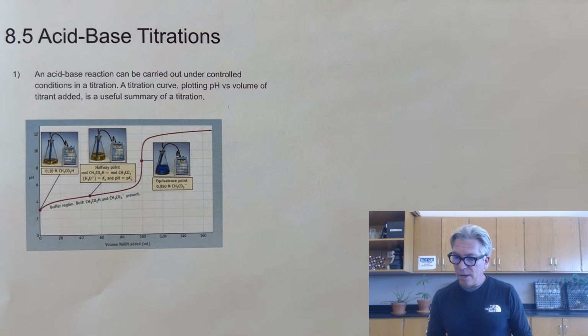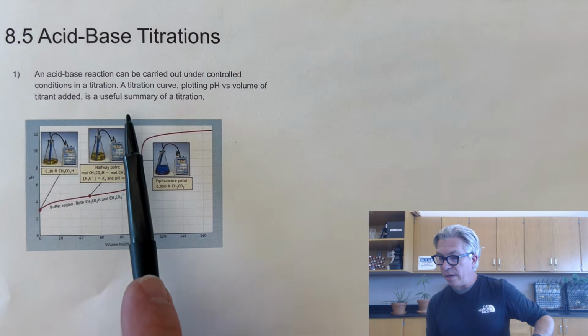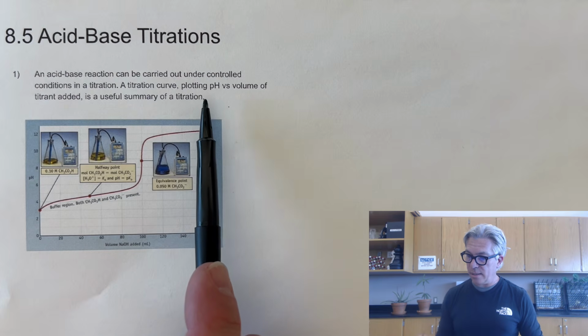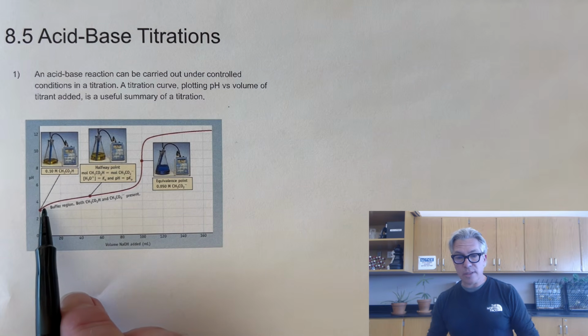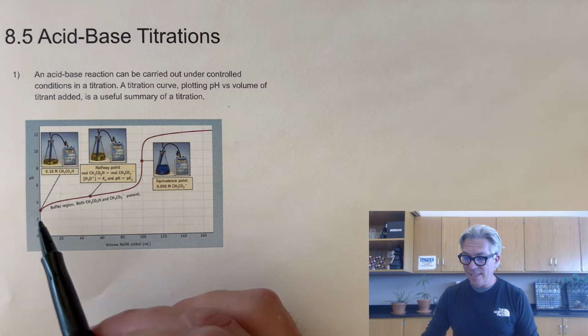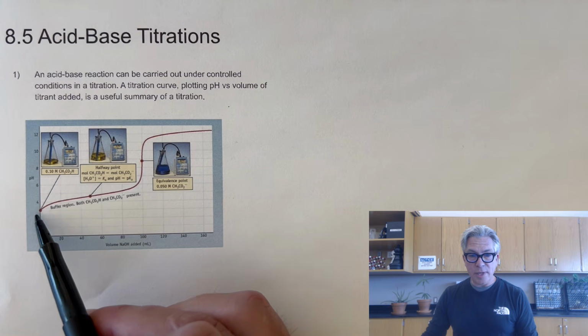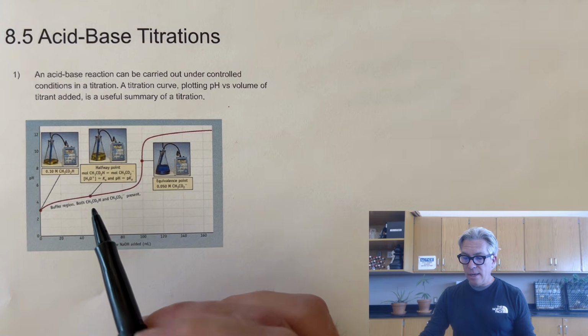And section 8.5, acid-base titrations. We're told that an acid-base reaction can be carried out under controlled conditions in a titration. A titration curve plotting pH versus volume of titrant added is a useful summary of a titration. And here's one showing the titration of acetic acid, which is a weak acid. So typically, a weak acid will start at a lower pH, not hugely low pH, and it'll pop up, and